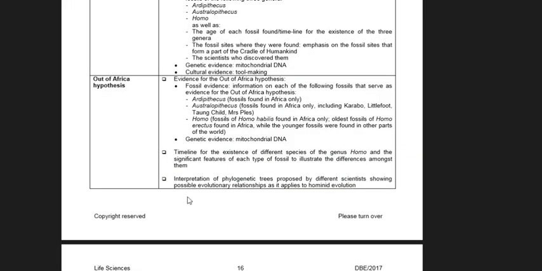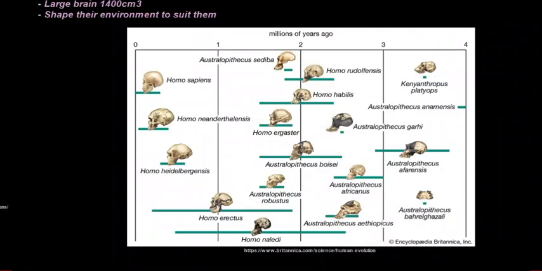And then just looking here again at the interpretation of a phylogenetic tree proposed by different scientists, showing the possible evolutionary relationships as it applies to hominid evolution. This is a timeline that they can give you showing millions of years ago. So you've got present, and then you go back in time. Just make sure that you do check which way the timeline is going. I've made this mistake myself plenty of times by not checking which way it goes, and then